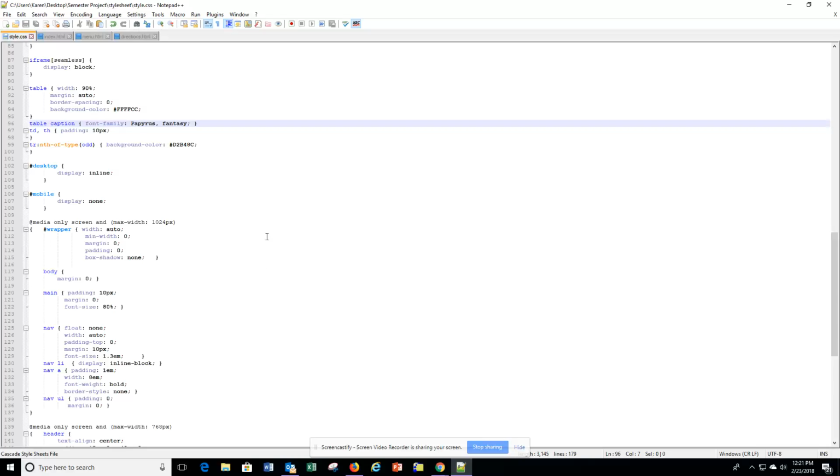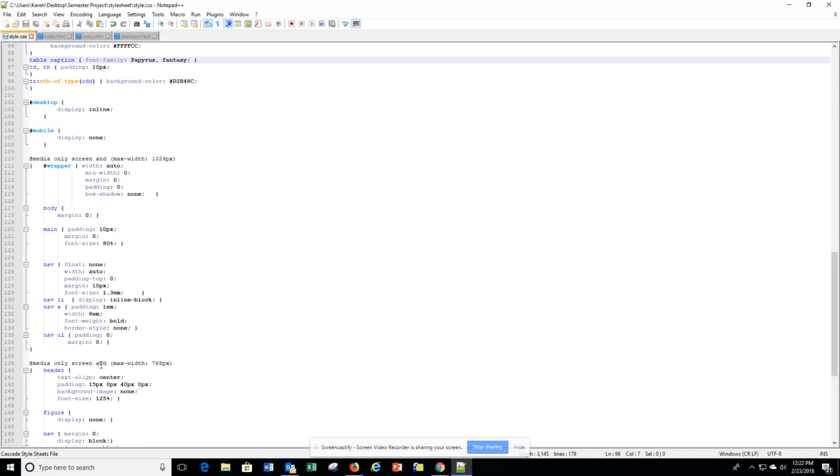So say for instance, let's just go look at the mobile query. Your mobile query is in its own curly bracket system. So you'll have to have this at media only screen max width. I'm asking you on your projects to do a max width mobile query of 1024 and a max width of 768. Some people like to go ahead and write in 480. That's for those really tiny cell phones, but I don't ask that of you. I just ask that you write